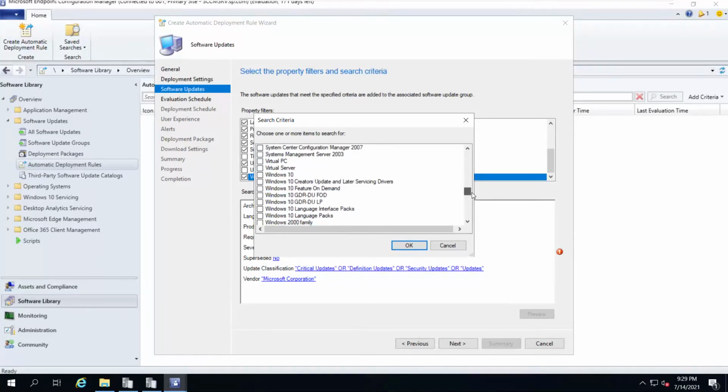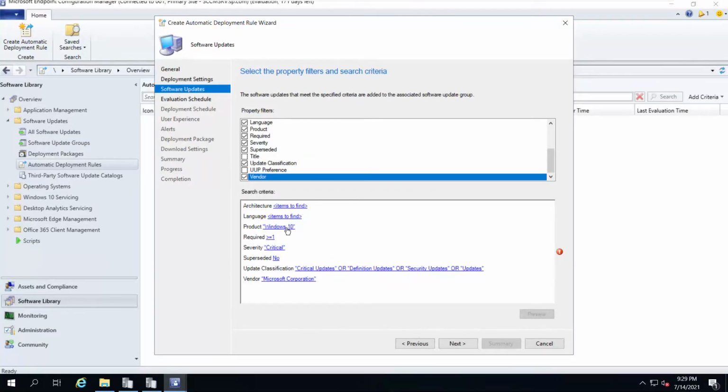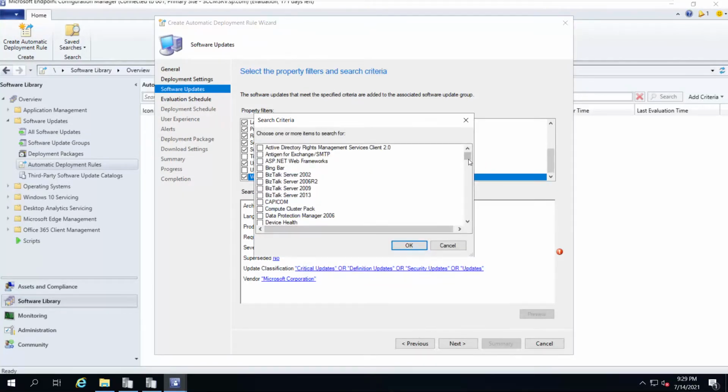So let's say I need Windows 10, right? I'll select OK. So I need Windows 10. If I need multiple products, I can select multiple products also. So for example, I need related to Windows Server 2012. At present, the categories haven't been synced, so it is not showing.